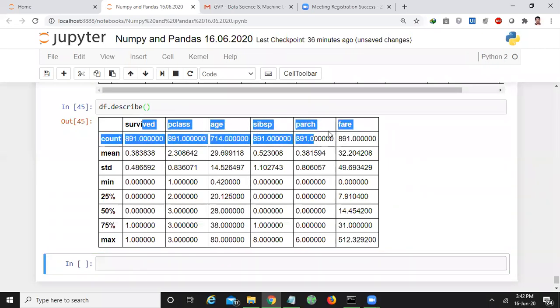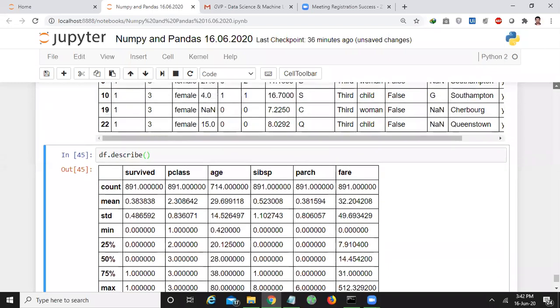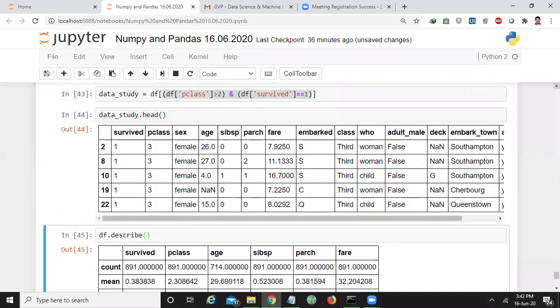These are the different columns we have. Okay, and it returns only non-null columns. Are you following or not? Some columns, if you see, may have the value called NaN. What is the meaning of NaN? Not a number. Not a number means the value has not been filled there.